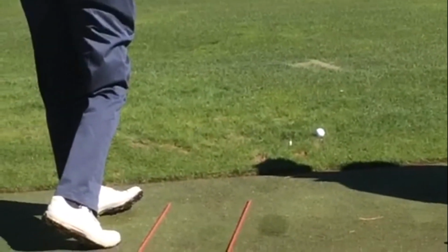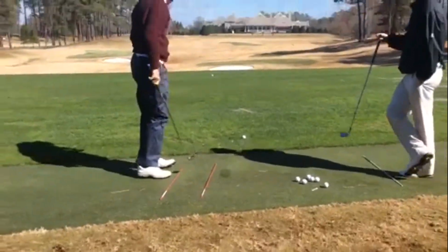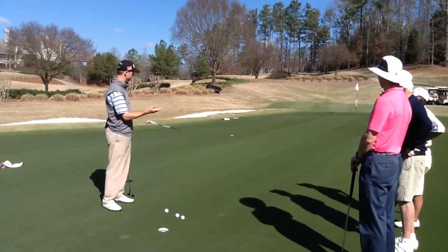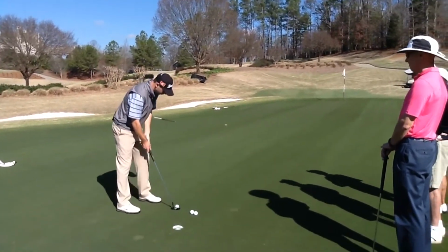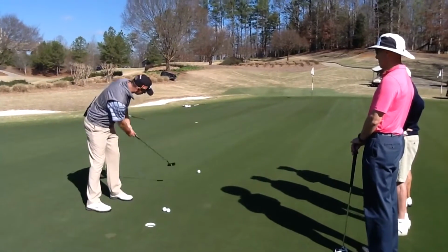Good. Started right on line. Tried to draw. We got a little bit of a left to right wind. That was pretty good. Fairway par. So what I want to do is kind of a drill here to work on lag putting. So if I'm putting to this last flag here, number, I think that says 1 or 7, if I'm just trying to judge it based on feel and seeing it,